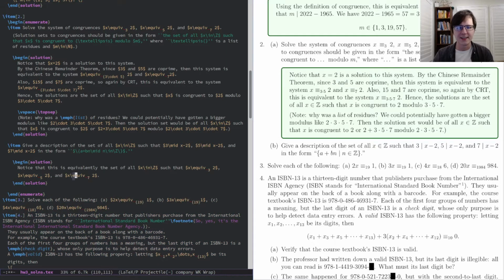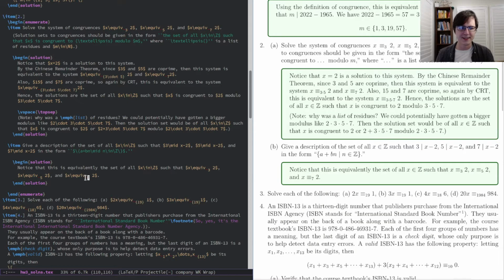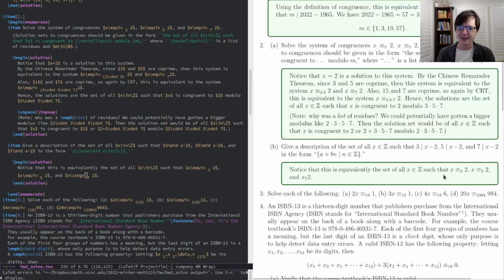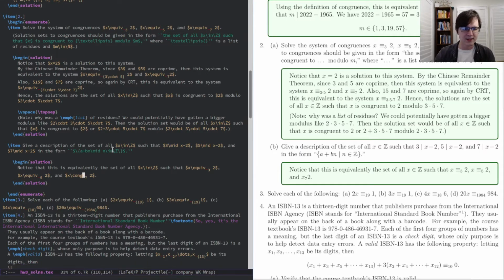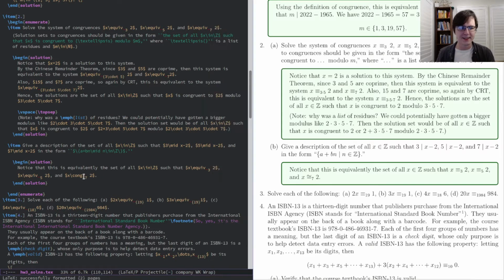I've always found this a little confusing, that equiv gives the congruent symbol, but cong gives us a completely different symbol, that's usually used for isomorphisms. Okay, so